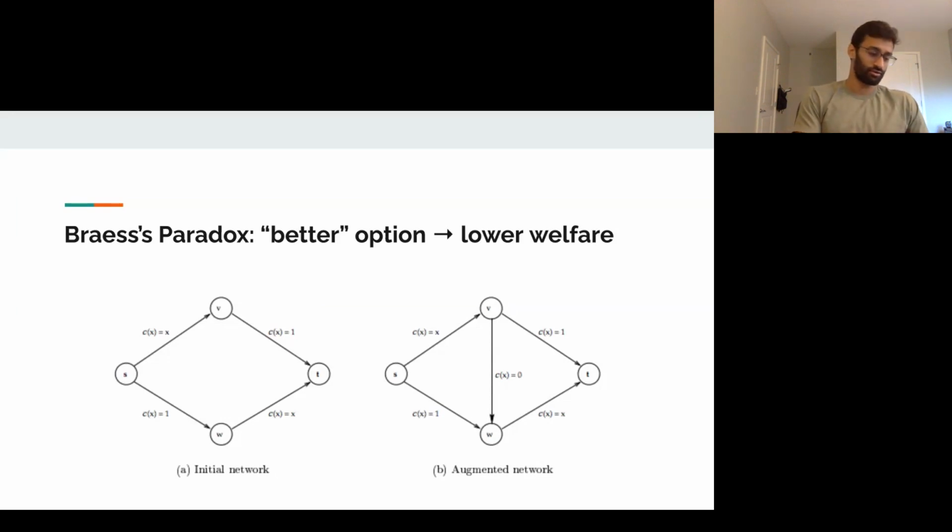If you haven't seen it, Braess's paradox says we have a congestion game and people are trying to get from S to T. In the initial network here, people will incur a cost of 1.5 because they'll equally split over the two branches. But if we add a zero cost edge from V to W, everyone will take the path that goes from S to V and then V to W and W to T. And somehow that leads to worse outcomes for everyone, despite it being the rational choice. So in a sense, this is a version of Braess's paradox that says, by introducing a new option, this more accurate algorithm, somehow you've decreased social welfare, even though everybody's making rational choices.